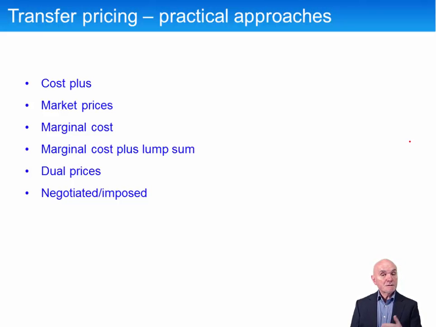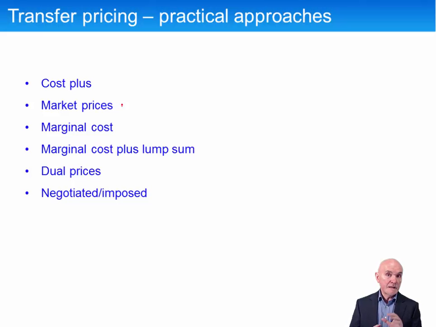The plus 20 or plus 25% can be a little bit arbitrary. And a very strong contender in a practical transfer price is a market price. You see, people might complain, why have you done cost plus 20% and not cost plus 25%? And B, buying in, says, why am I being charged at cost plus 25%? If you say, well, I'm going to transfer at market prices, neither party can complain quite as much.